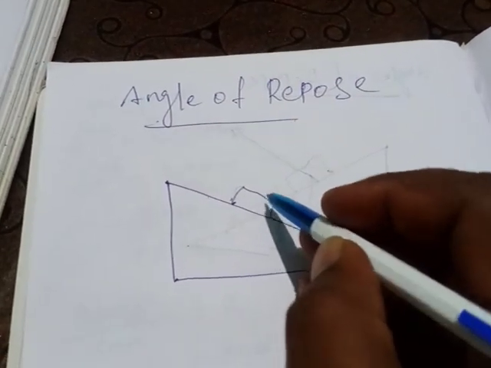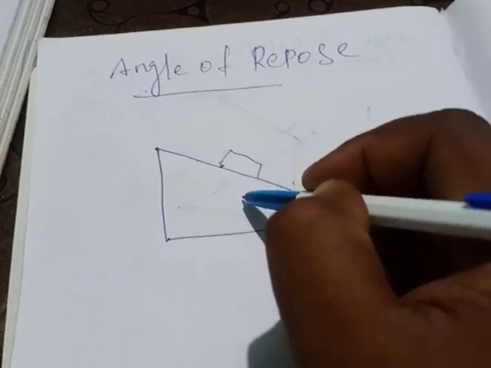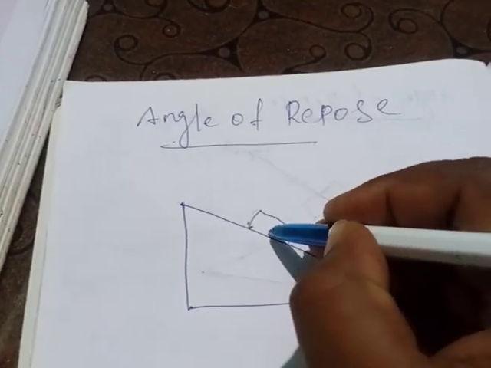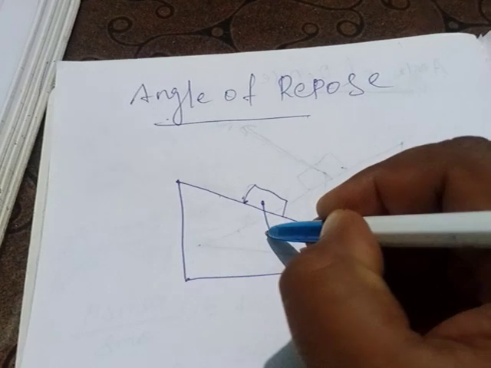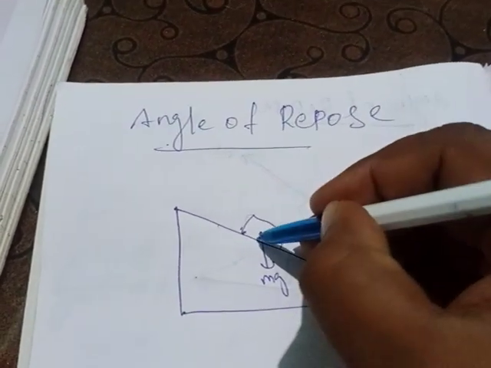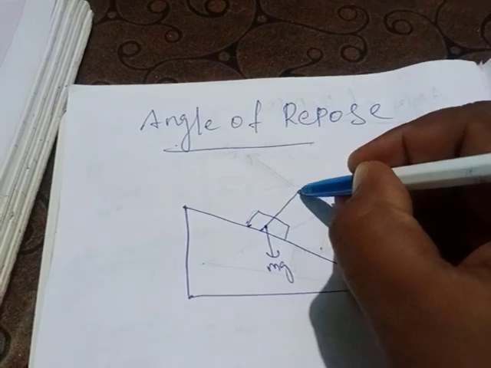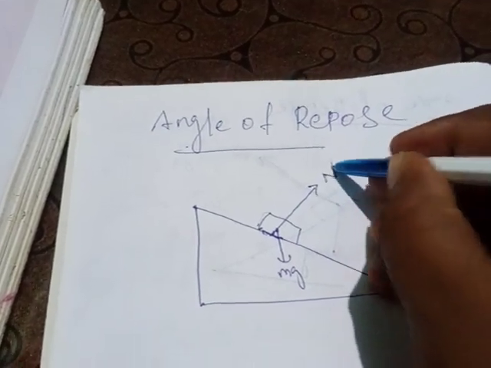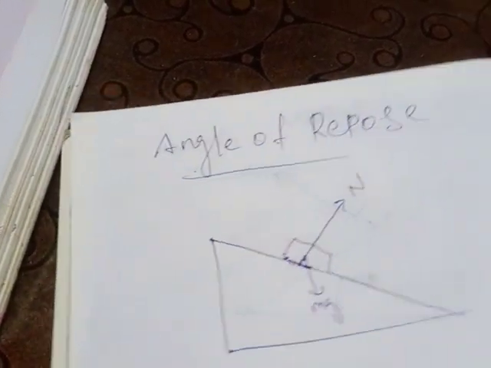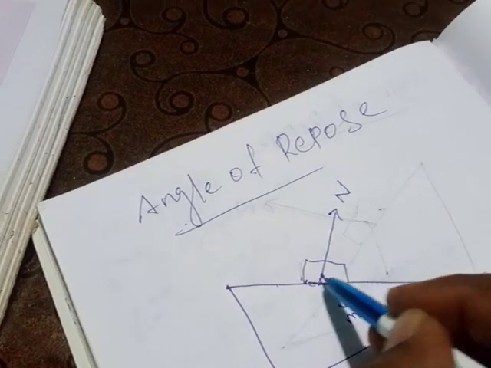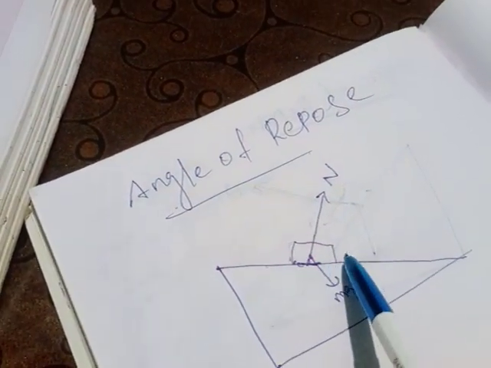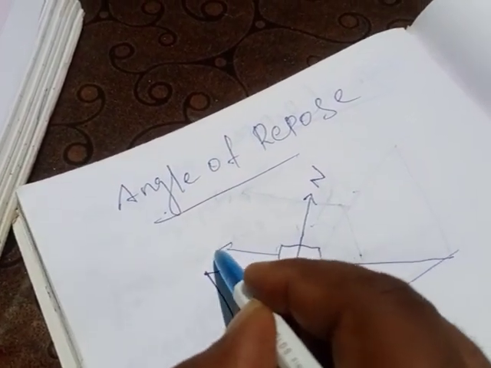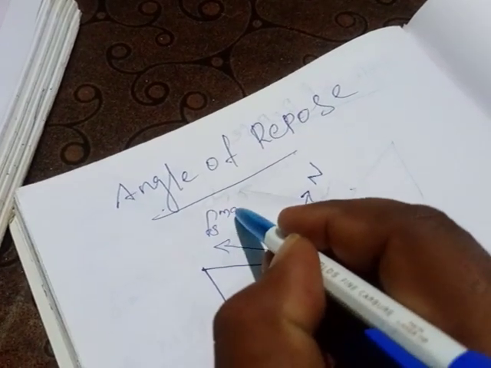Let us see what forces act on this object. There are various forces in action here. If we keep the object on this inclined plane, a downward force mg is acting, and there is an upward force at 90 degrees to the surface. So the normal force is acting in the upward direction. When the object is moving downward, there will be an opposing frictional force, Fs maximum.